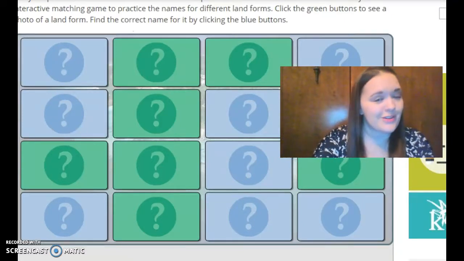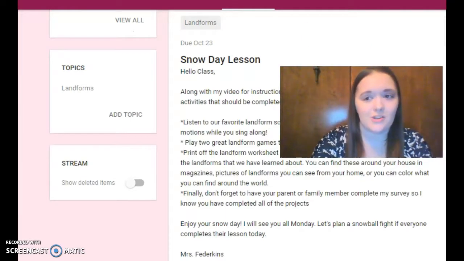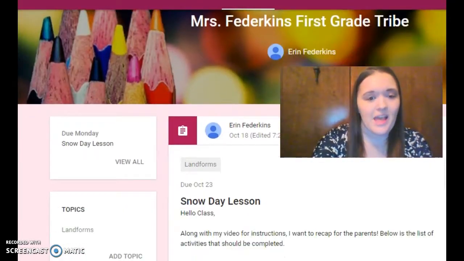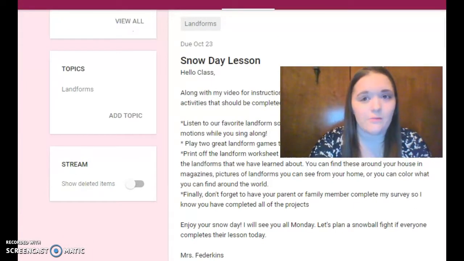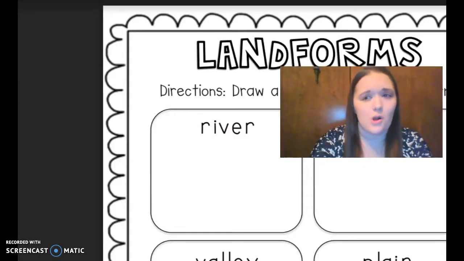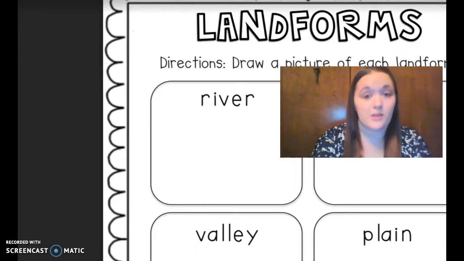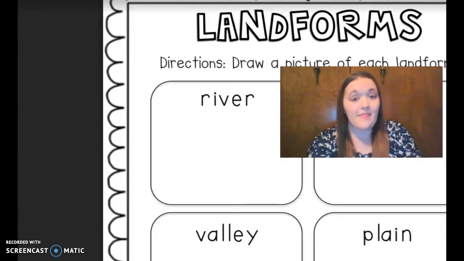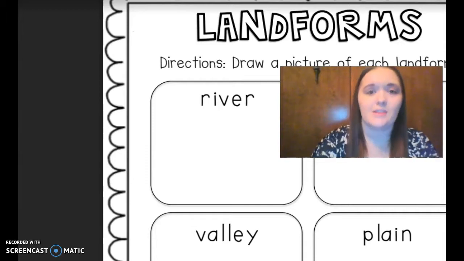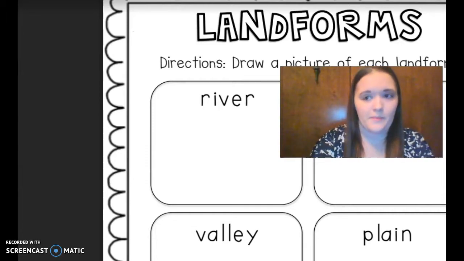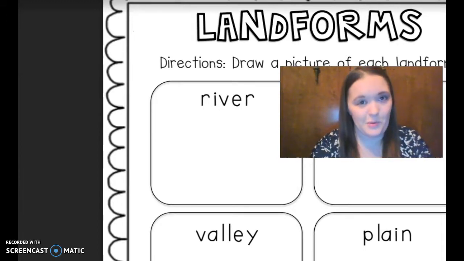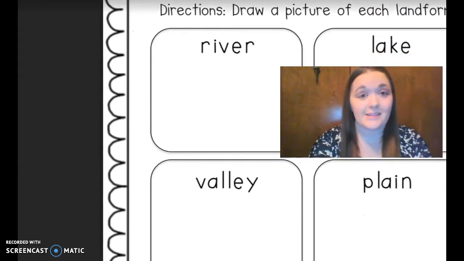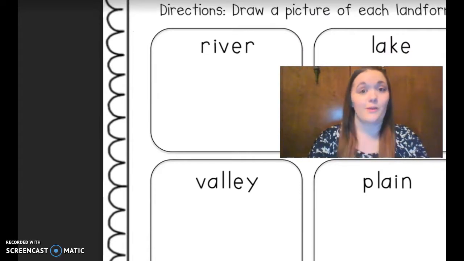Then, when you're finished with your 10 minutes of this game, you'll go back to our webpage on our classroom, see? And you'll click the final link. This link will take you to your worksheet. This is your homework. So, you'll need to print out this page, and then the directions say to draw a picture of each landform. But since we're doing this as a snow day lesson, I want to expand that a little bit. If you would like to get a picture of a magazine, or you want to take a picture